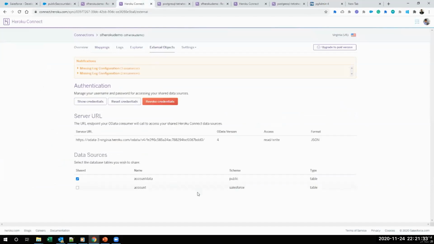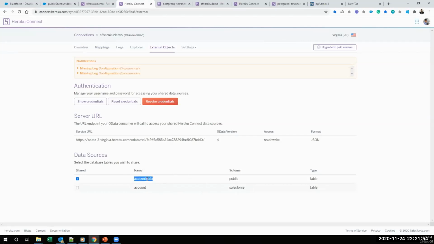and you can see now we have two particular tables available in our Postgres database. One is the Salesforce schema. It means this table is created by Salesforce and it contains the Salesforce account. And another one is the account data table, which is already used by the on-premise system and which is in a public schema.